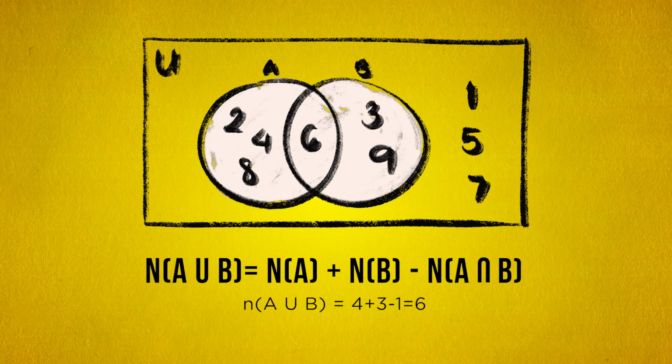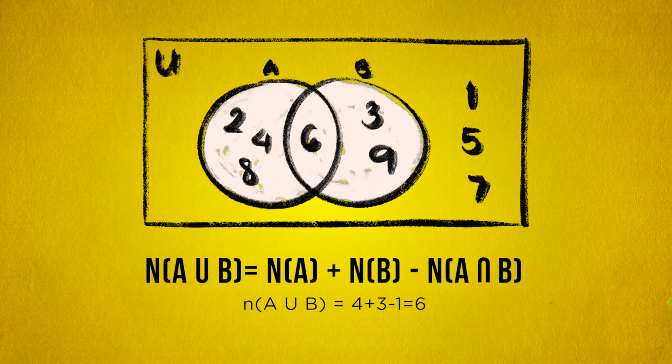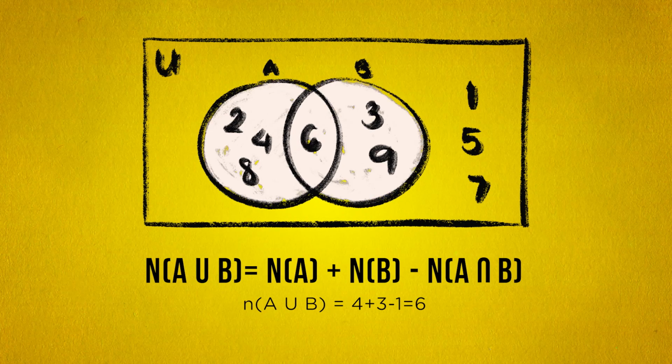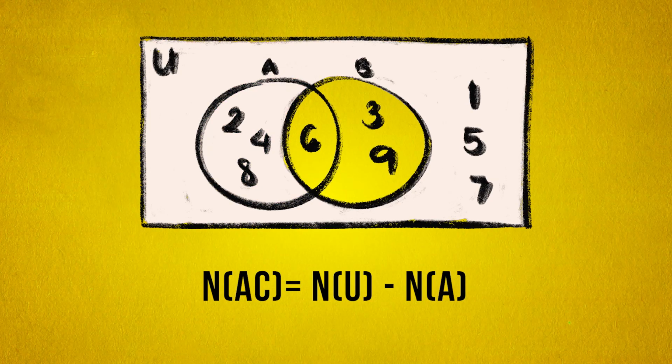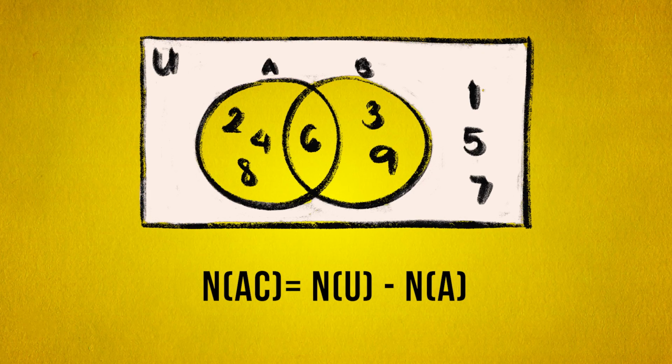Now, if you want to find out the cardinality of the union of sets A and B, you just have to get the sum of the cardinality of set A and set B, then subtract the cardinality of their intersection. Applying this to our example, we will get the following. To get the cardinality of the complement of A, we simply subtract the cardinality of A from the cardinality of the universal